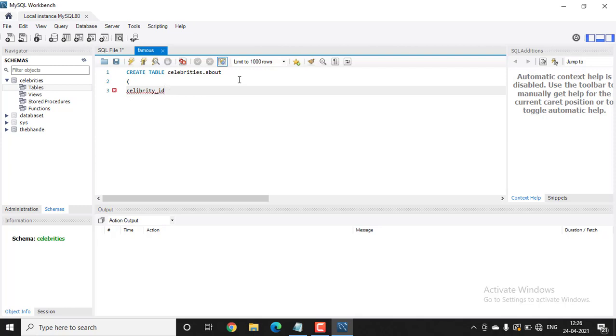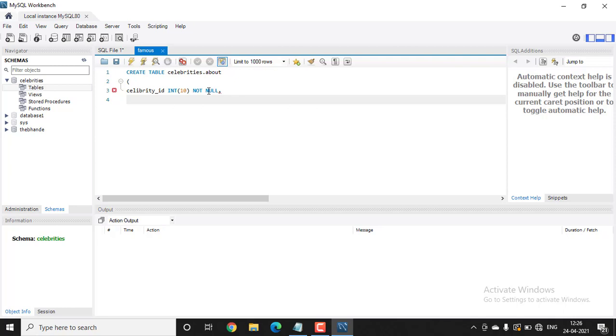Celebrity ID, which is actually a number, so we'll mention the data type as int, and number of digits let be 10. This will be the maximum number of digits inside the ID. And I don't want this column to be empty, so let's type not null and put a comma.